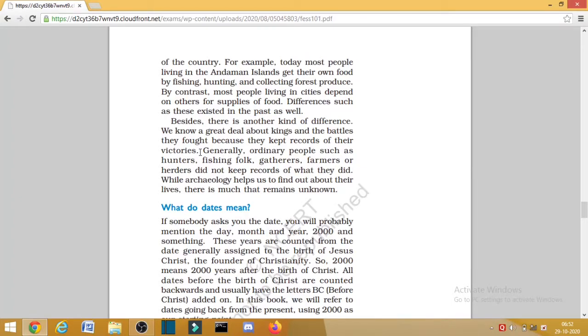These records were kept. Generally, ordinary people such as hunters, fishing folk, gatherers, farmers, or herders did not keep records